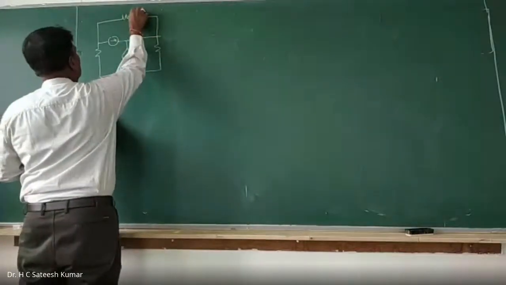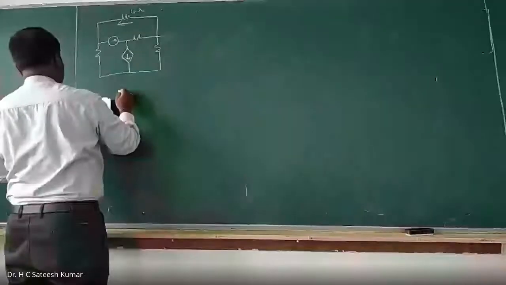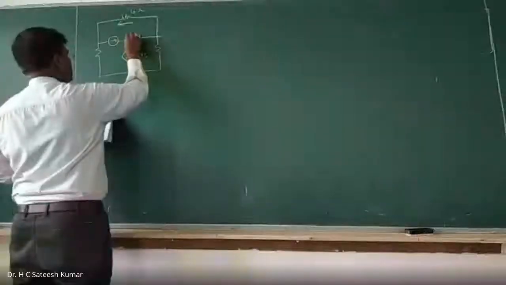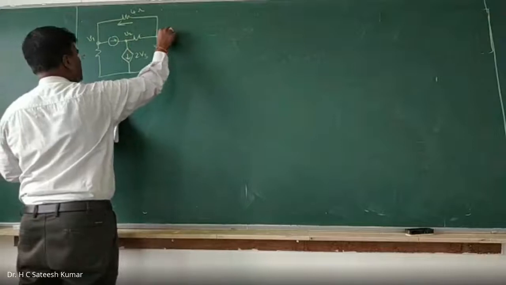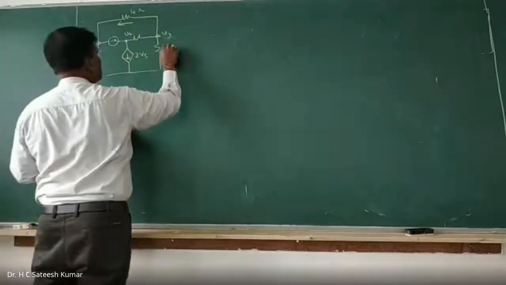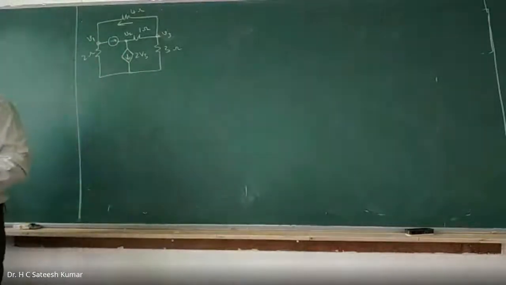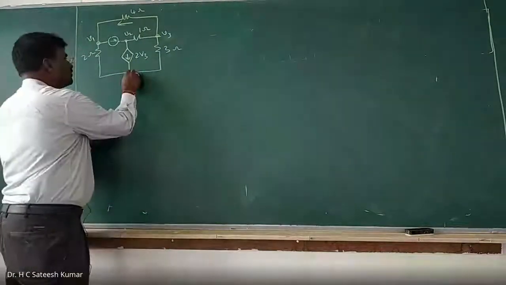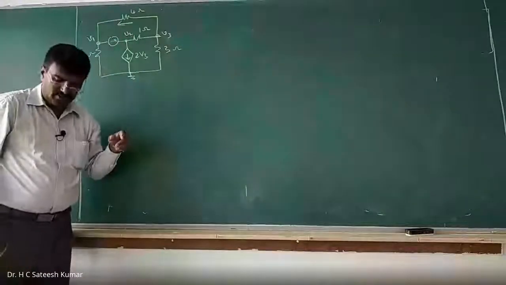This is 4 ohm, and in this direction we should find the current. And 2V3, this is V2. He himself has given V1, V2, V3, and 2 ohm, 3 ohm, and this is 1 ohm. See this problem. The speciality of the problem is the node ground potential. He himself has given V1, V2, V3. Find the current in 4 ohm resistor using nodal analysis, he said.